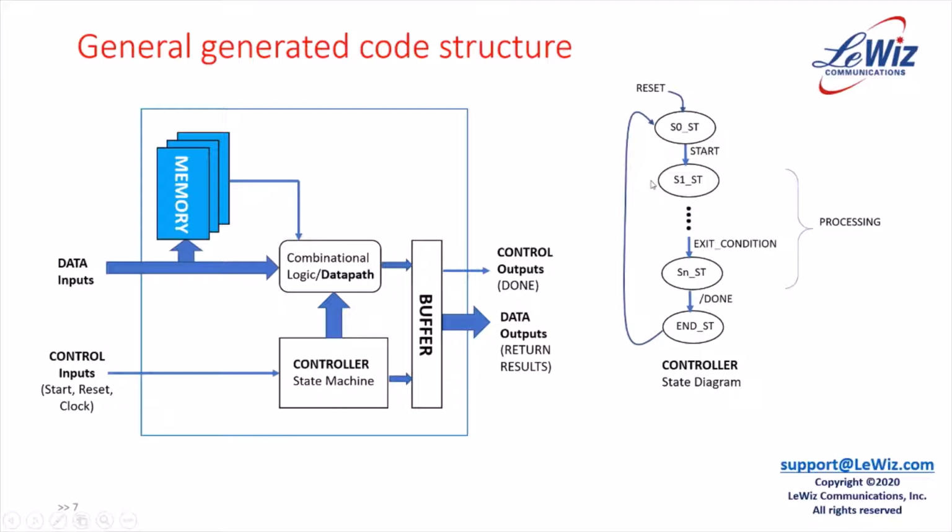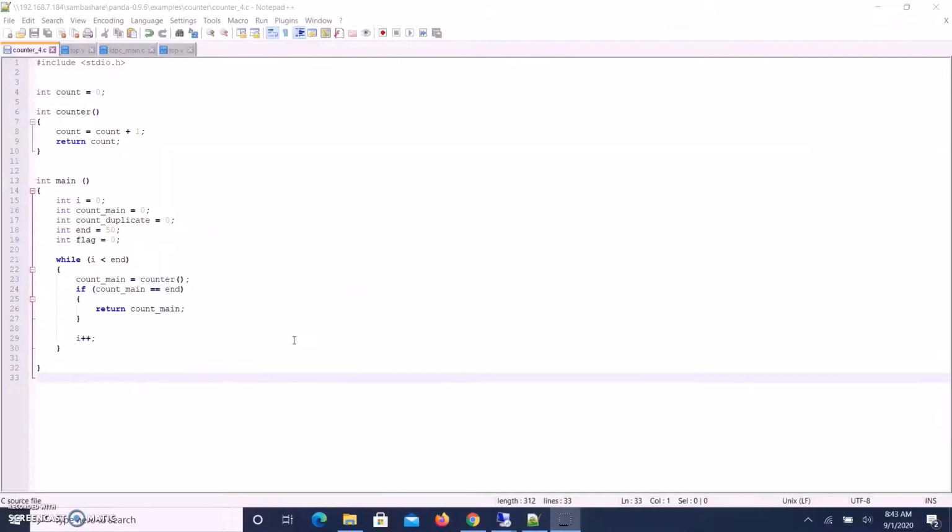So in the next part here, we will show you the actual code running on a demo. I'm going to show a demo of a Panda tool which converts C program to Verilog code. In this demo, I'll be using two C programs. First one is a simple counter, as you can see right now, and the second one is matrix addition,